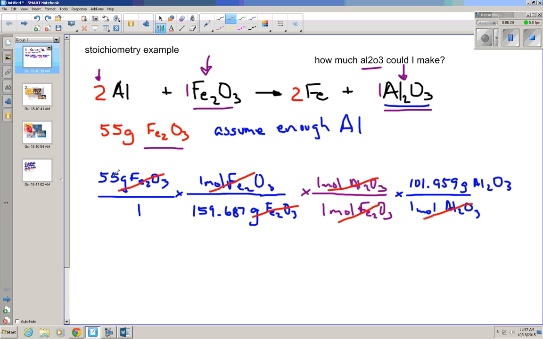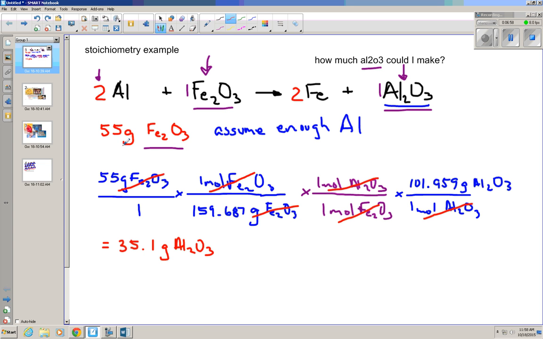Or you can go this divided by this times that. It doesn't matter how you do that in math. So I'm going to do that right now. I'm going to pause and come right back. Okay, I'm back. My answer to this problem is going to be 35 point, I'm going to round it to 1, 35.1 grams of Al2O3. So if I started this entire process, if I started with 55 grams of iron oxide,